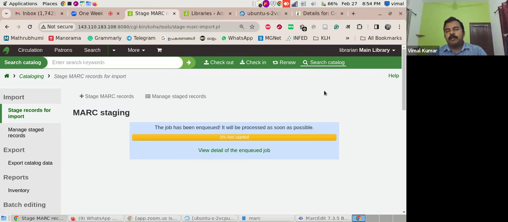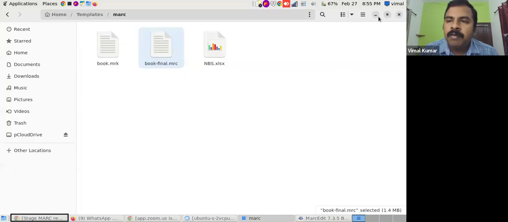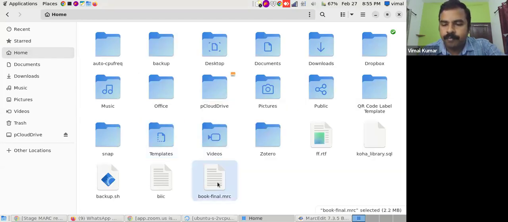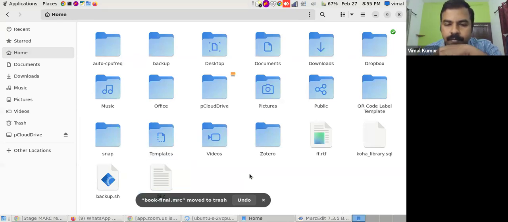Anyway, there is another method to import these MARC records using the command line. From the terminal, we can import it. Okay, let it import. To save time, I will show you another method. I put the MARC file in the home folder. Then